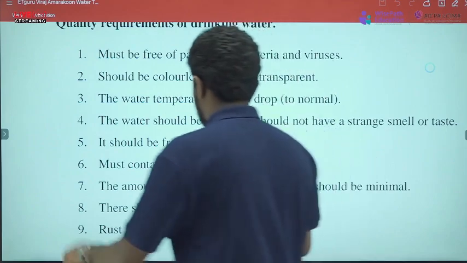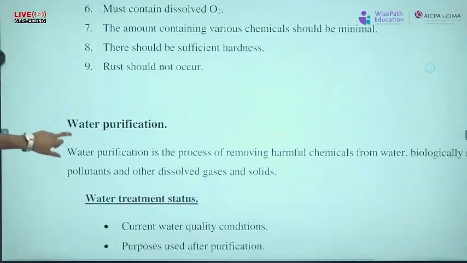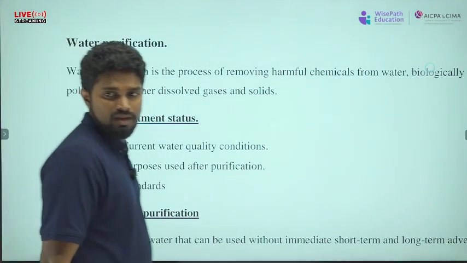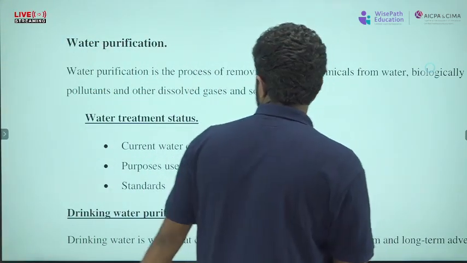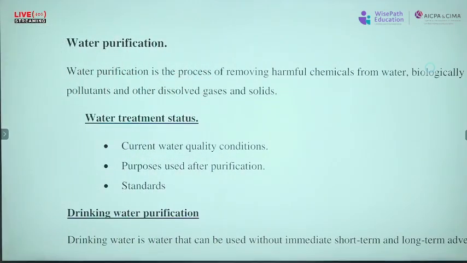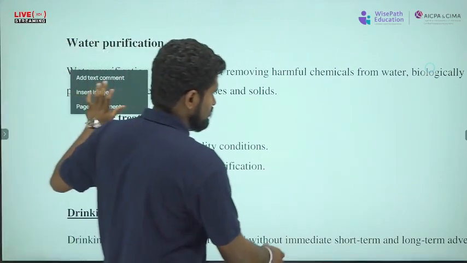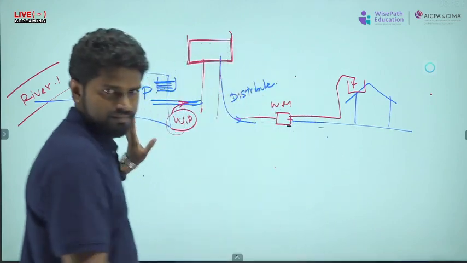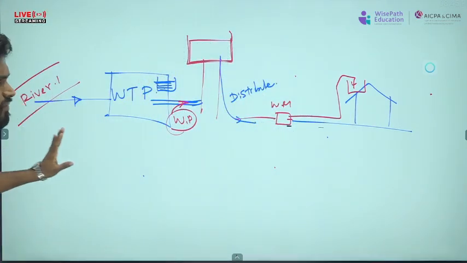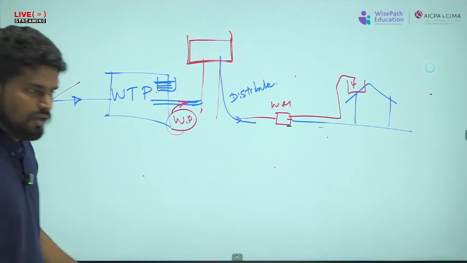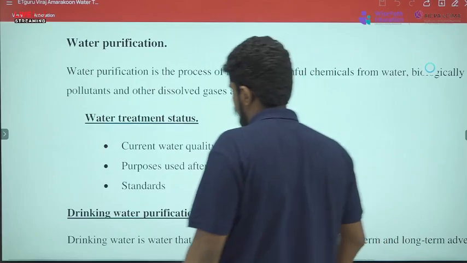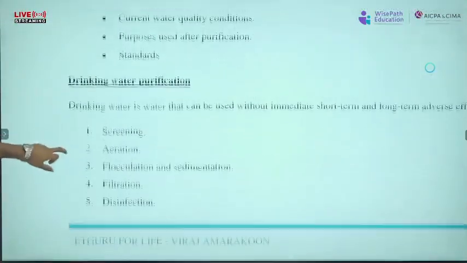Now, yes son, and now we are going to start the water purification process, guys. And before going to this part, using an image I will explain the system. Yes, before going to the water purification process, now I am going to tell what is the place containing that thing.